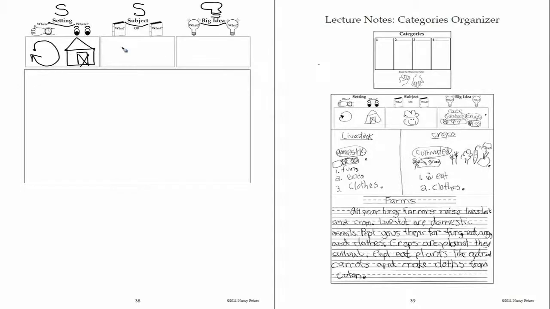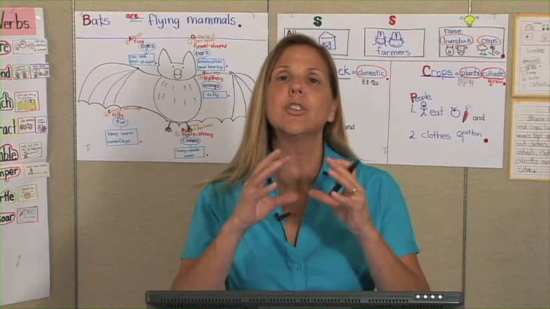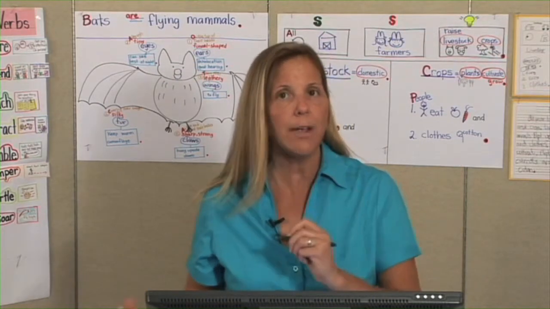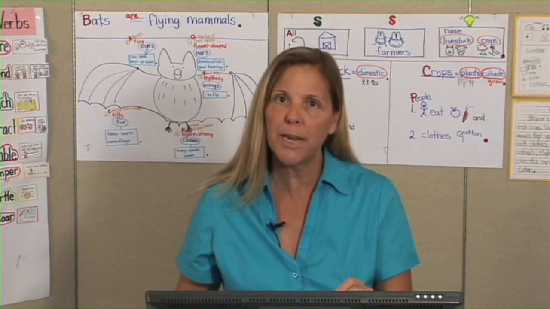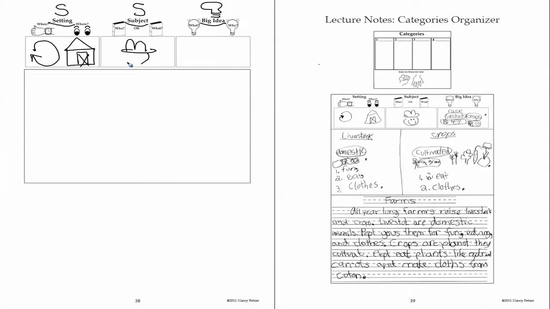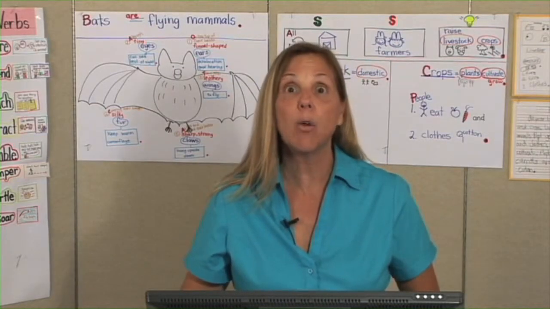If you've noticed, on the facing page, I'm actually writing out the lecture notes that I have completed. So I want you to see that how I do it on this page may be a little bit differently done. Lecture notes is not an exact science. You're just using keywords or pictures, whatever you feel more comfortable with. I do have to let you know, the more simple pictures you can give kids, the easier it is for them to follow. So I'm going to go ahead and say, you know what, boys and girls, I'm just going to draw a picture of a farmer there. All right, so we're talking about farmers.